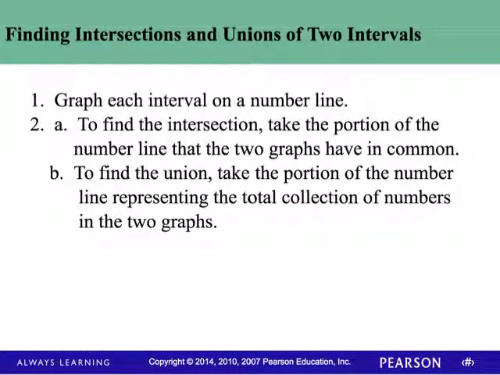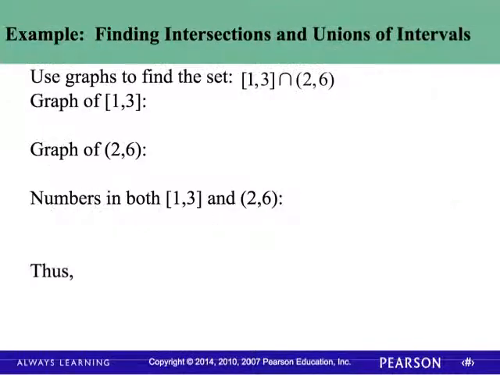So finding intersections and unions. Just recall again, intersection is what two sets have in common, and union is what you get when you take two different sets and put them together. So let's look at two examples. If we want to find the graph of the set closed interval 1 to 3 intersection open interval 2 to 6, and this upside down U means intersection,